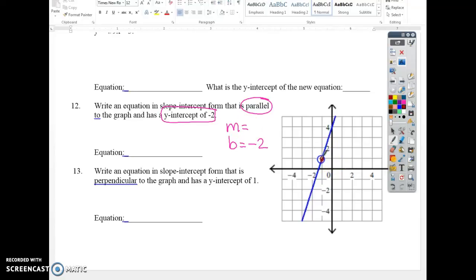So 2 points, 1, 2, rise over run. How much is that? 3 over 1, which is just 3. So there goes my M, there goes my B. Y equals 3x minus 2. You're going to do the same thing for number 13, except they want a perpendicular one, and they want the y-intercept